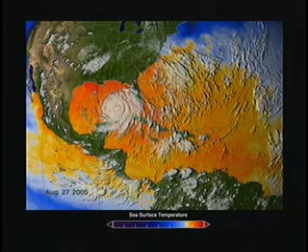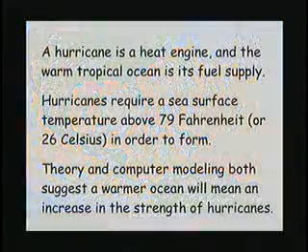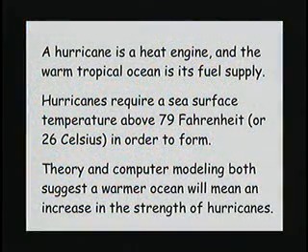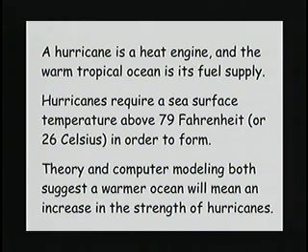A hurricane is physically rather simple once it forms. There's a lot we don't understand about how it forms, but we do know, and you heard about it in the first talk, that it's essentially a heat engine whose fuel supply is the warm water of the upper ocean. We know that there's a threshold temperature of around 79 or 80 degrees, below which hurricanes don't form. So it's a necessary condition to have a warm ocean, but it's not a sufficient condition. There's lots of places where the ocean is that warm, where hurricanes don't form.